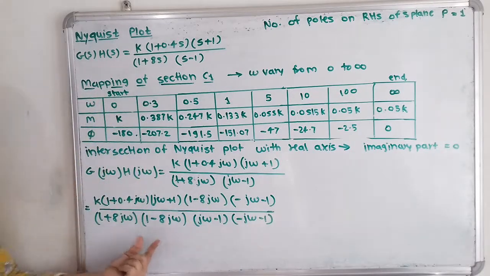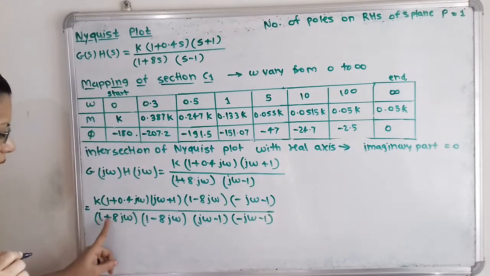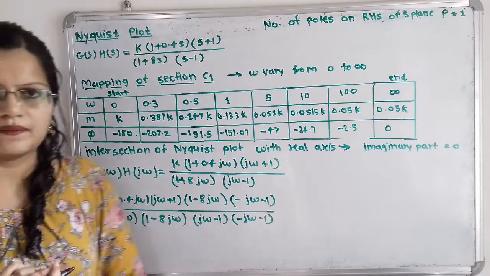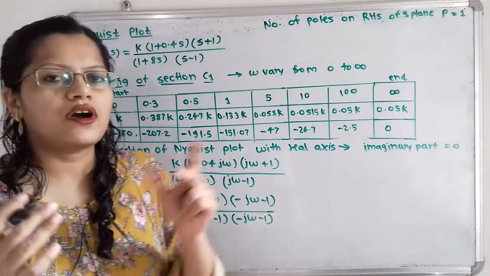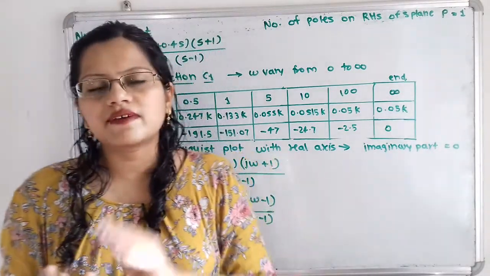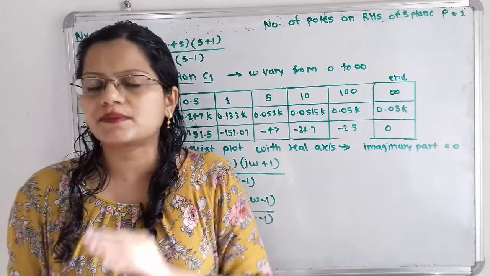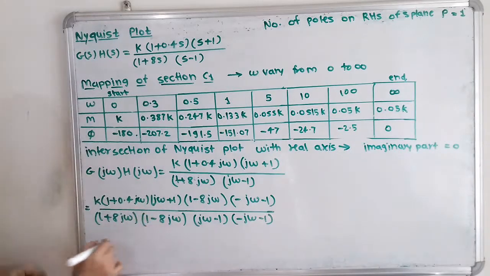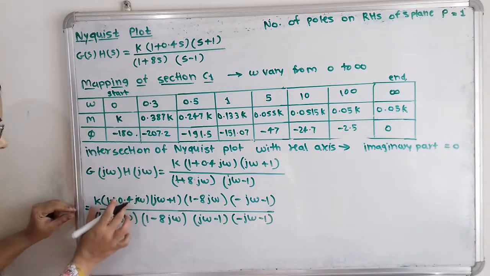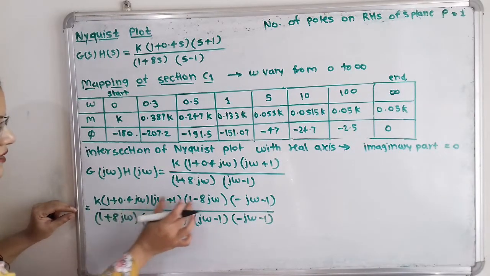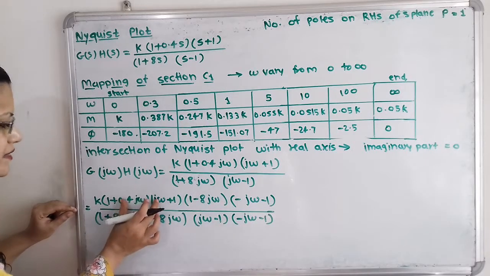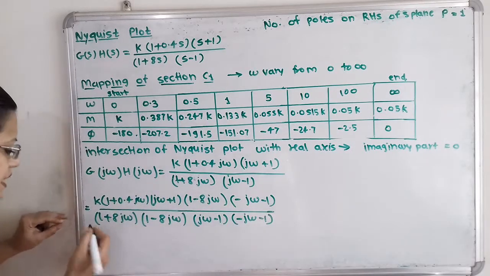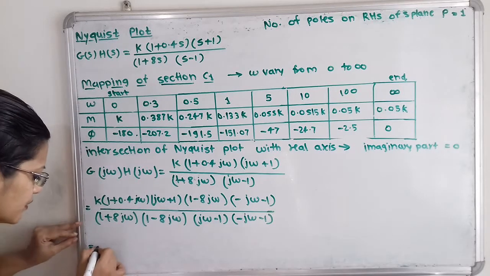Now if we observe this denominator, this is a plus b, a minus b. How can we write this in another way? a plus b, a minus b is equal to a square minus b square. So again I will write that. At the same time we can multiply these brackets. So I will multiply these two brackets and these two brackets in this step, which is equal to